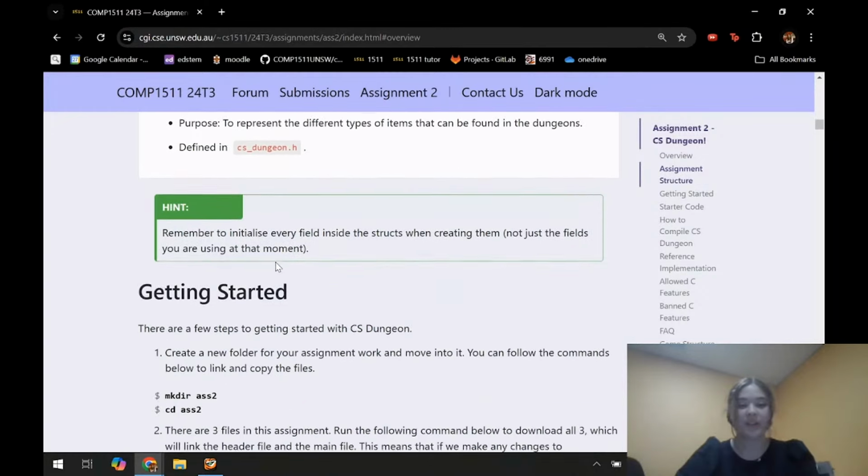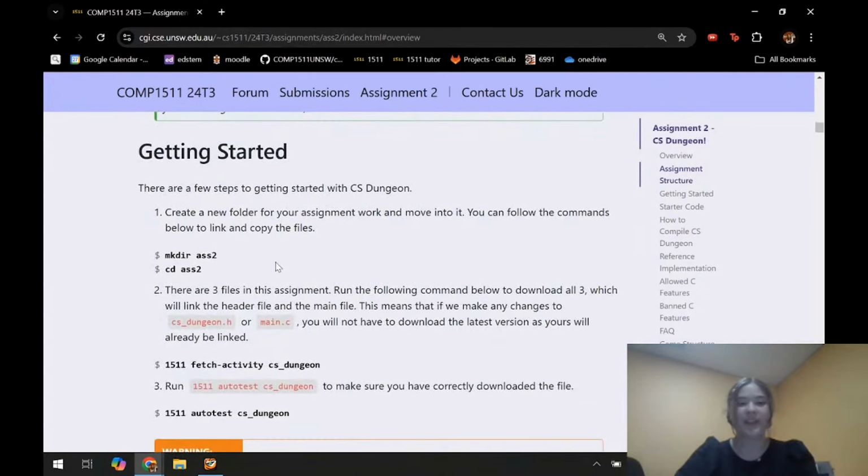Okay, so, getting started. We recommend making a folder for your assignment, and then when you want to grab your files,